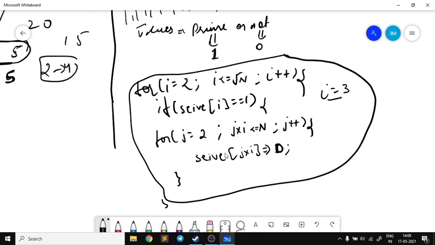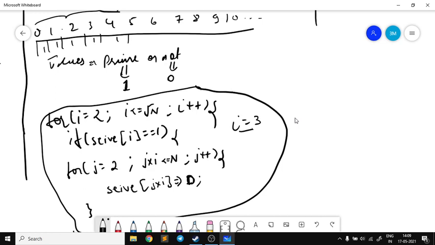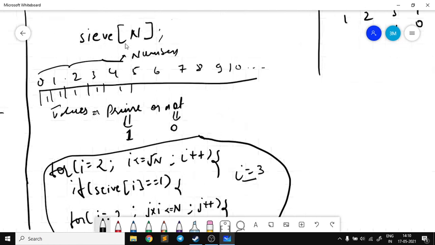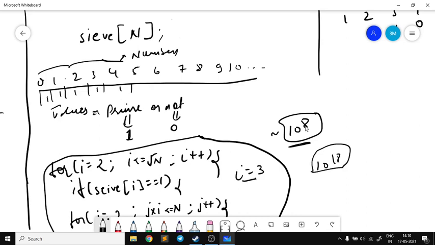So this is all about today's lecture, guys. And one more thing, here you can see there is a demerit, that is, we are using space till n, right? So at max we can calculate prime numbers till 10 raised to the power 8, because even if we declare our array globally, the maximum space allowed to us is near about 10 raised to the power 8, right? But what if I tell you to count all the prime numbers in the range 10 raised to the power 18, right? For that we have a thing called segmented sieve, which is the advanced version of this sieve, right?